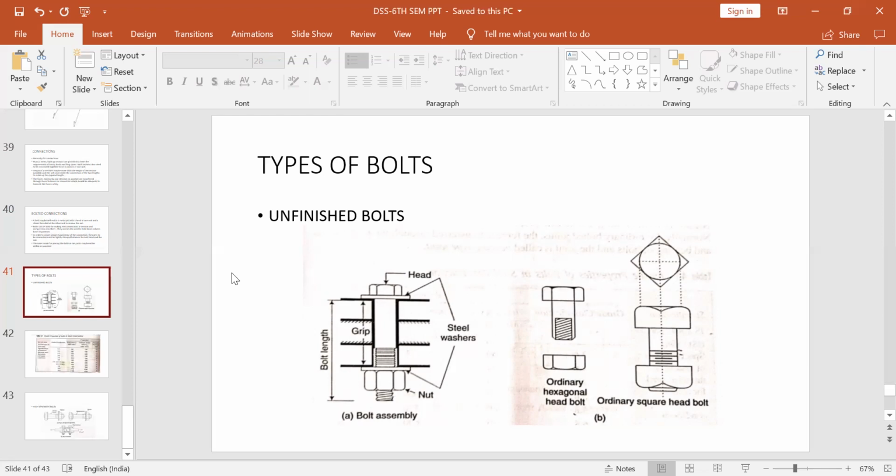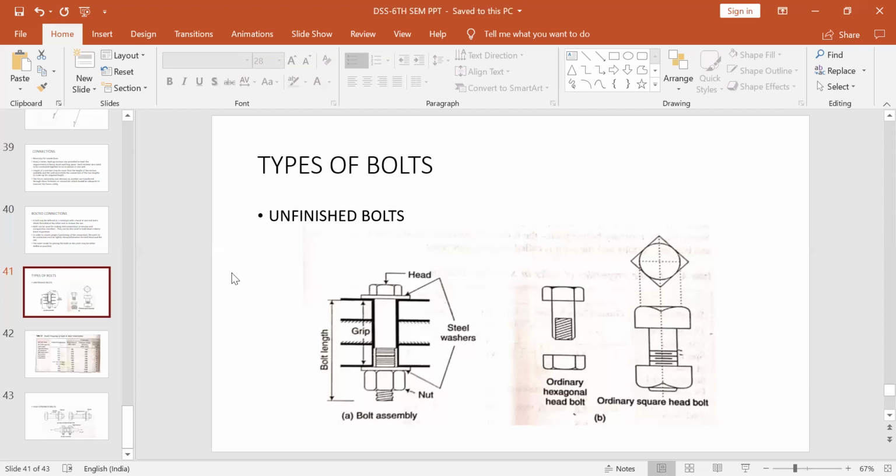Now, the bolts are also divided into various categories on the basis of certain criteria. The first criterion is on the basis of the resultant force transferred. The bolted connections are referred to as concentric connections and eccentric connections. What is a concentric connection? When the load passes through the CG of the connection, then it is a concentric connection. That is, axially loaded tension and compression members are called concentric connections.